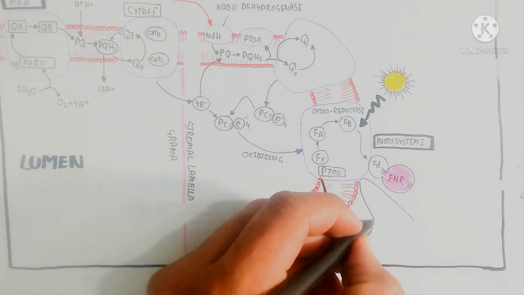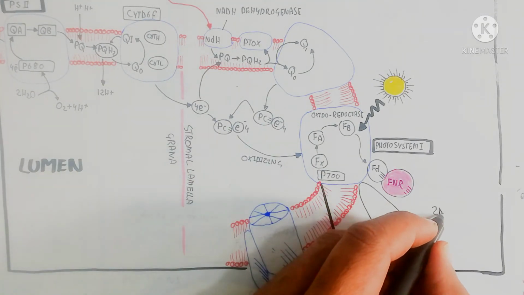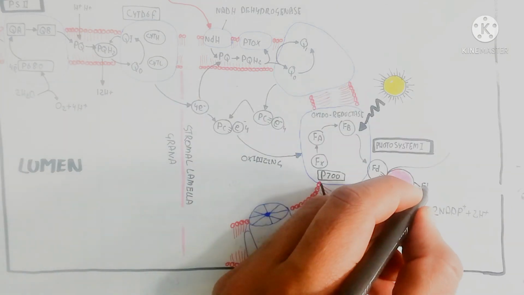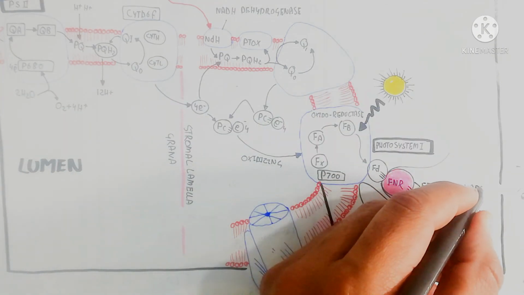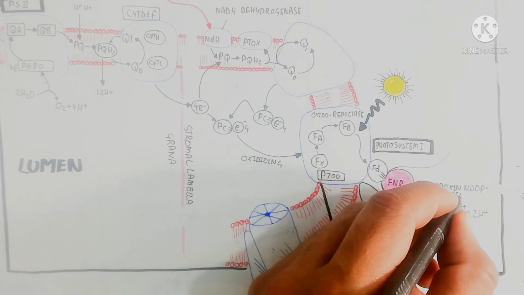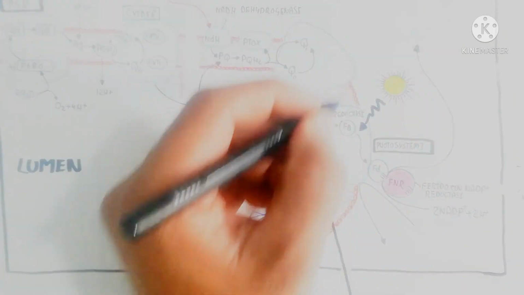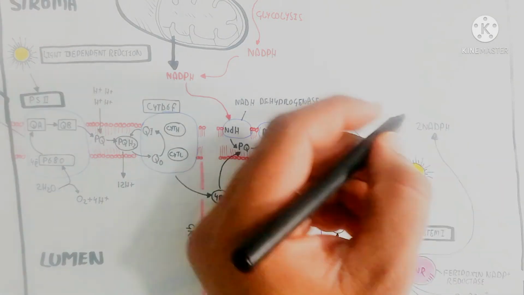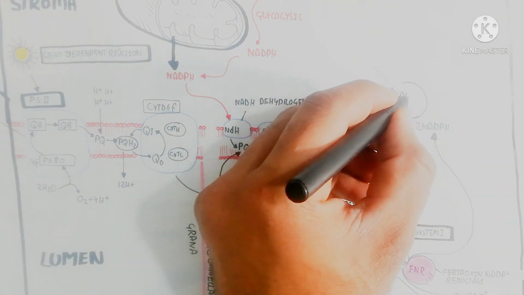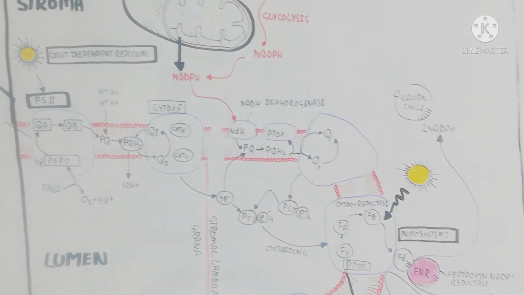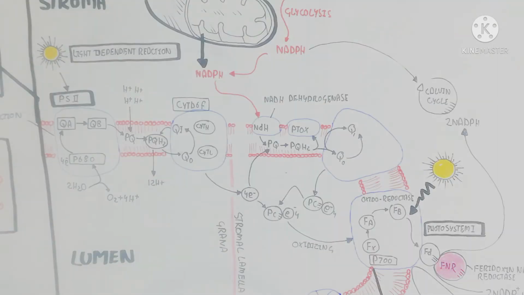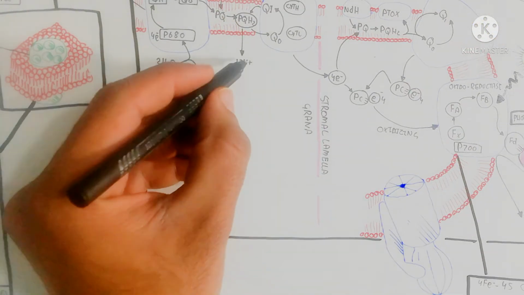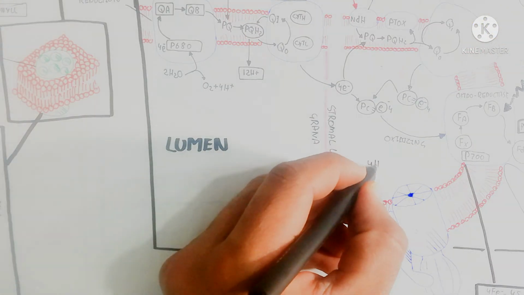This enzyme is very specialized for the reduction of NADP plus, converting it with 2 protons to NADPH, and this NADPH is very specialized for use in the Calvin cycle. So this will lead into the Calvin cycle for starch synthesis and glucose synthesis. It means the glucose synthesis is due to the Calvin cycle. This Calvin cycle is the dark reaction.